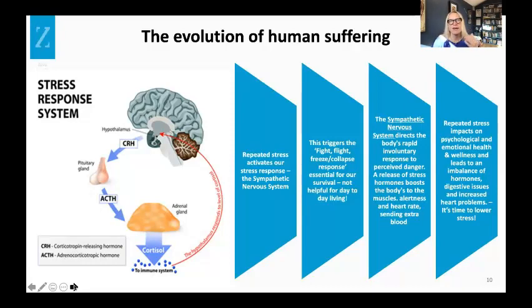So with repeated internal stress, if we perceive things as lots of stressful situations, we're going to overactivate our sympathetic nervous system, and that releases stress hormones constantly. Of course, that affects our endocrine system, our hormones, our psychological system, and our digestive system. So that constant loop also affects us physically and affects our ability to connect with others, because when we're releasing cortisol and adrenaline into our system, it minimizes our ability to release oxytocin, the bonding hormone, the hormone that allows us to feel connected to others and open to new experiences. So it is important that we develop our ability to elicit the parasympathetic nervous system, the more rest and relaxation